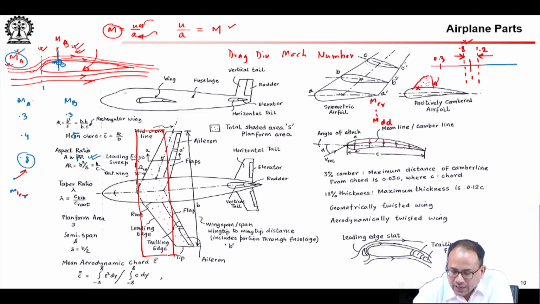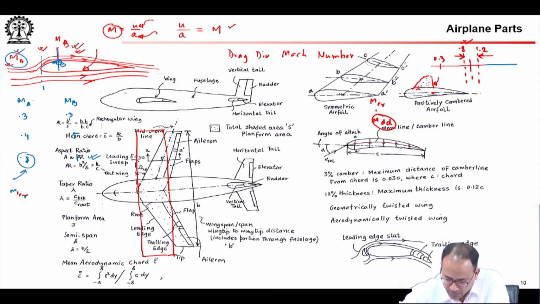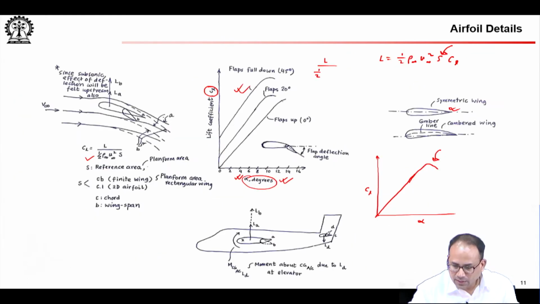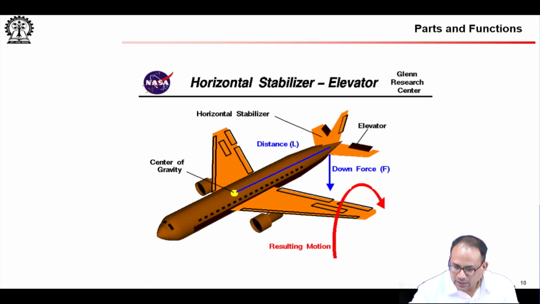If you push it even higher, but still lower than sonic Mach, where the free stream Mach number is still less than 1, you will reach a point when you will see that the drag on this airfoil becomes immense. It does not really become immense, it starts becoming immense. So, if you look at this figure, at this point it is a bit haphazard, but